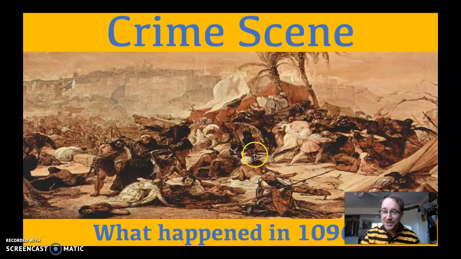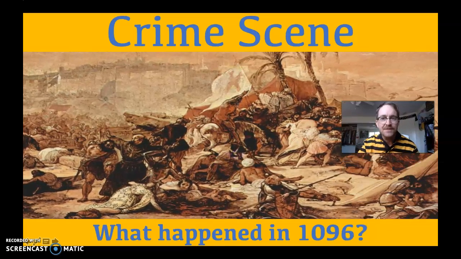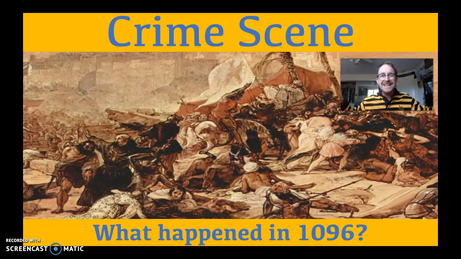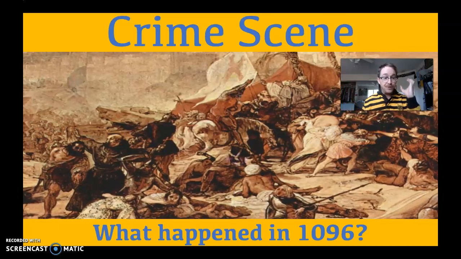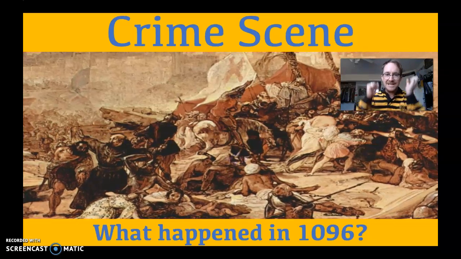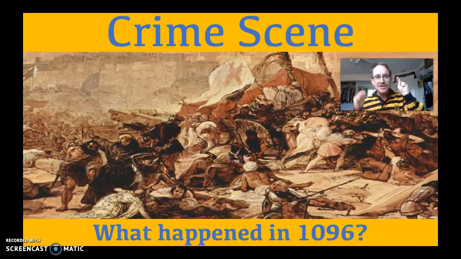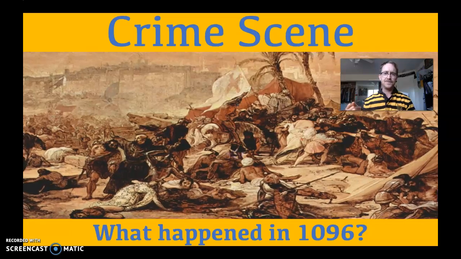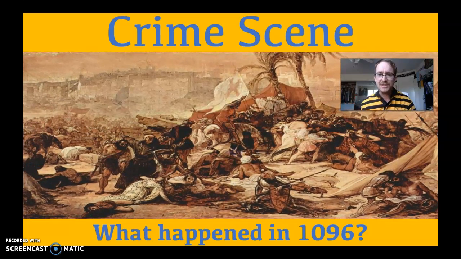Now, you can imagine that people hearing the voice of the Pope, remember, the church, as you studied yesterday, is more important than anything else in all of Europe. If the Pope says to do something, you have to do it. The Pope is the literal voice of God, and the Pope is saying, if you go to Jerusalem and you fight for Christianity, and even if you die, you will automatically go to heaven. So, what happened is people went and fought. So what you're going to look at today is the crime committed. What you're going to look at is A, what is the crime, and B, who is responsible for this crime.